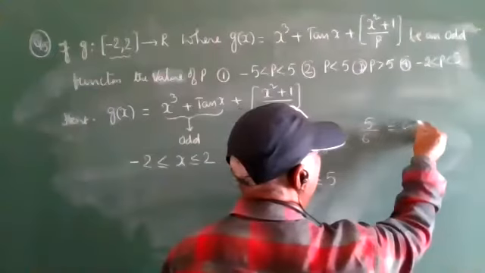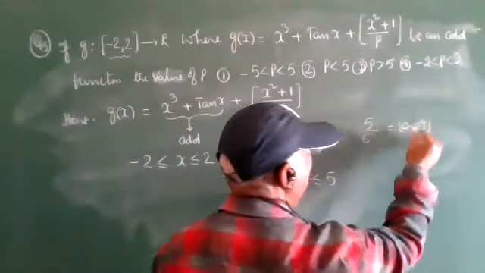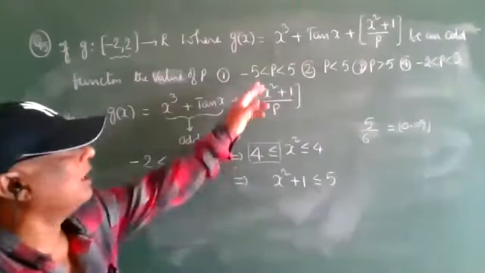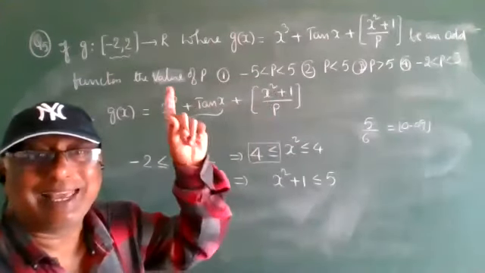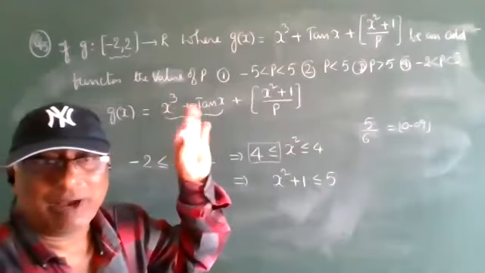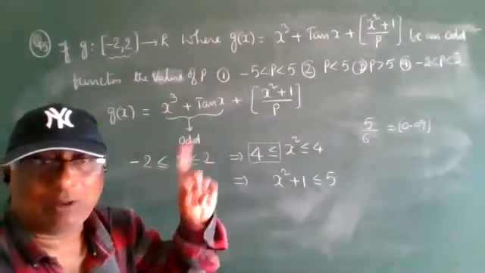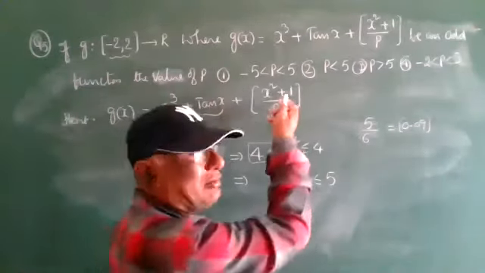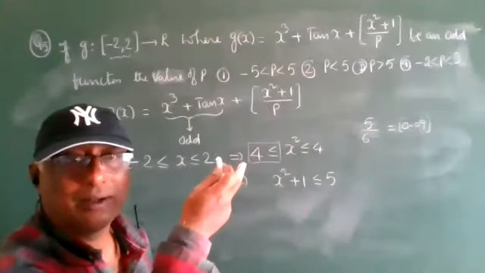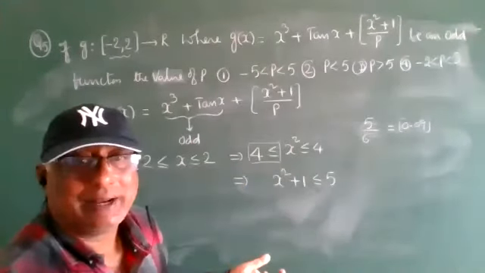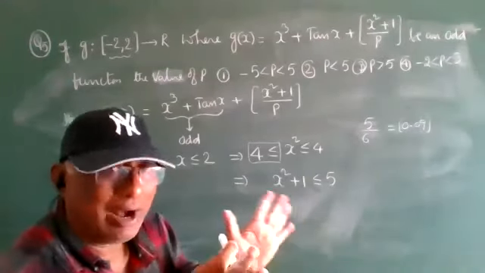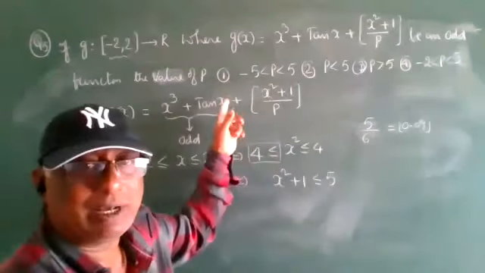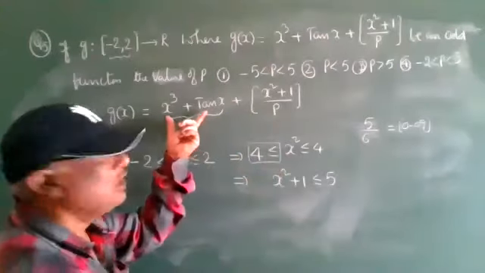So 0 point something in the step function will become 0. Automatically this is deleted. So p value is above 5, not equal to 5. Equal to 5 means its value will become 1, and 1 is not decided, odd or even are not possible. Therefore, above 5 automatically this will become 0, deleted.